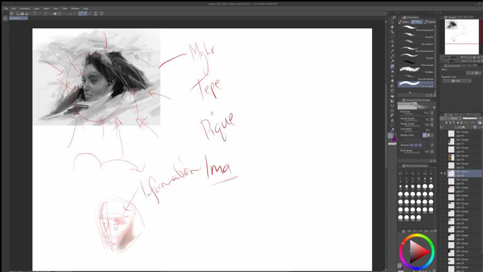This is something called blocking in. So you'll see painters block in little bits of color to get the idea. You could look at this and be like, oh my god, what a horrible artist! You're the worst. This is so bad, man. Geez, can you just stop? But the point is that as you work